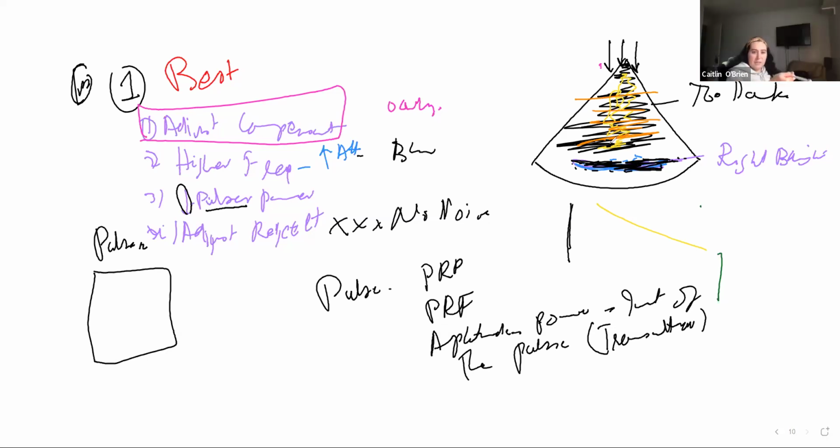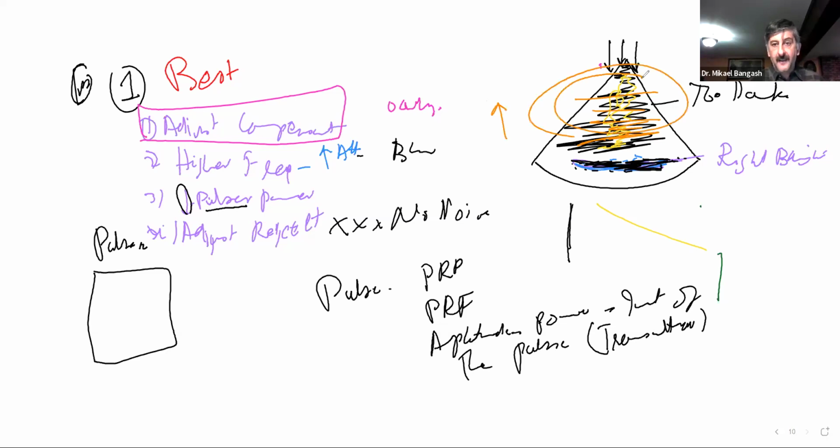Okay, so if it was opposite and it said increase pulsar power, then that could have been a good option. But still not the best, right? Had our image just been darker due to a lower pulse power, that might have needed to be increased. At least we would have had reflections here, but in this area there will be no reflections